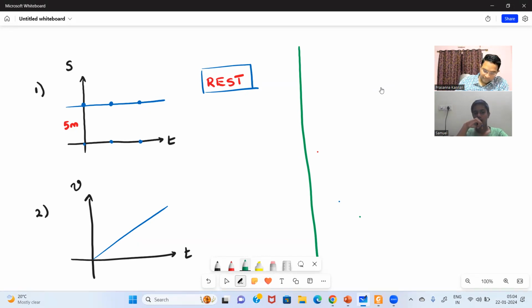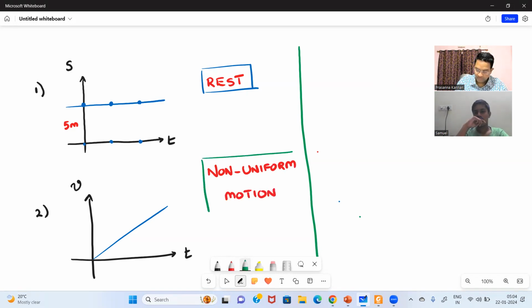See here. So what is the body in? The correct answer is non-uniform motion. And specifically what we will see now. See here, what is non-uniform motion? When a body does not move with constant velocity. Right. It is opposite of what you said, right? So here if you see, the body is actually not moving with constant velocity. Why? Because